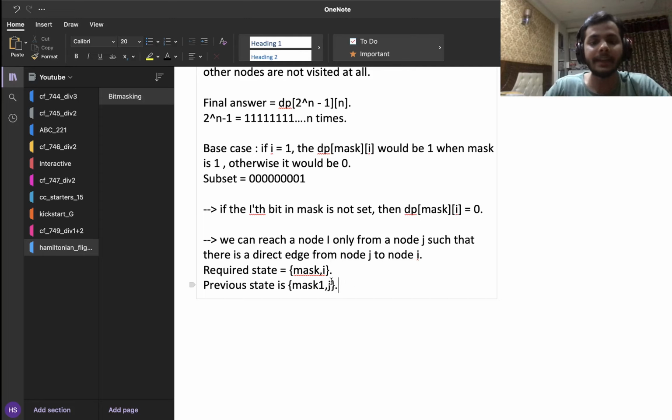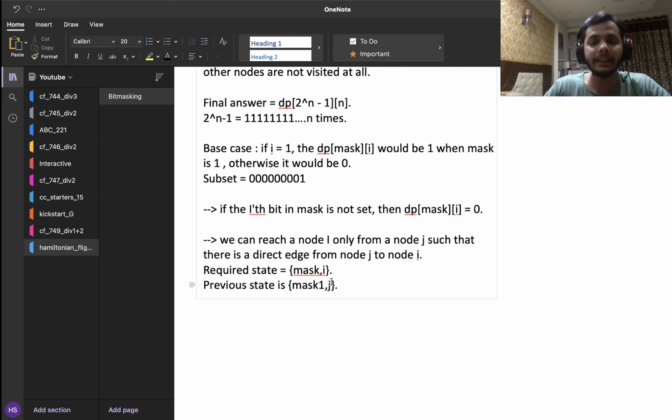So I know that there is a direct edge from j to I that I have established, but I need to find this value of mask 1, right? Such that after I visit the ith node, the value of mask 1 turns into mask, right? Only then there is a feasible transition from mask 1 comma j to mask comma I, right?